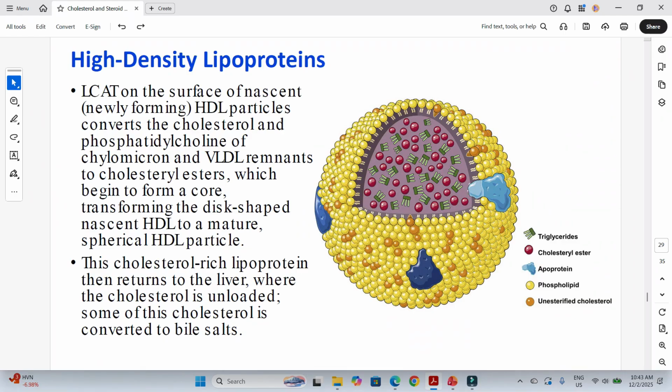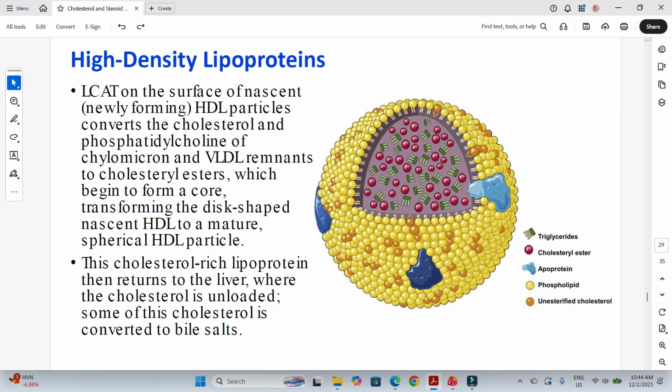Remember, LDL, VLDL, IDL, these are the bad cholesterol because in the process of carrying cholesterol from the liver or from the intestine to the peripheral tissues, some cholesterol or cholesterol esters may fall along the wayside, meaning it may by accident be unloaded to the blood vessels, which leads to the formation of atherosclerotic plaques, which is of course associated with cardiovascular disease. Now, that's why they're the bad cholesterol.